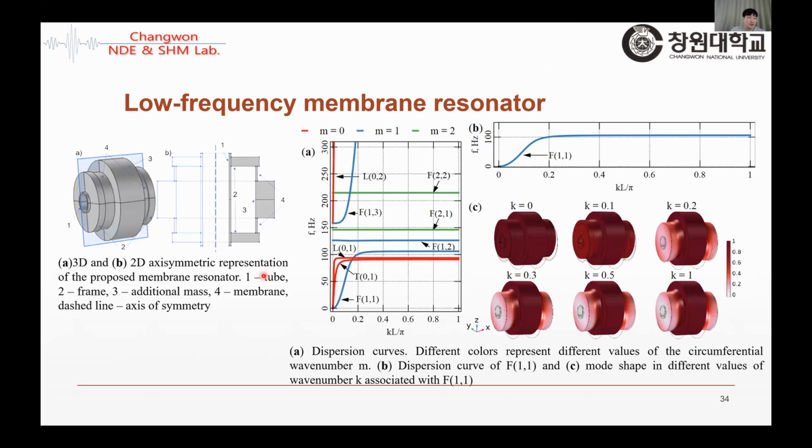So these are the noise cancellations. It can also be used in vibration suppression. Here is a design of our resonator. Firstly, the dispersion curve was calculated. You can see here the dispersion curves, and we treat the resonator as a phononic crystal in the simulation. We can see the band gap from 100 to 150 kilohertz. Also, the curves transform to a straight line,